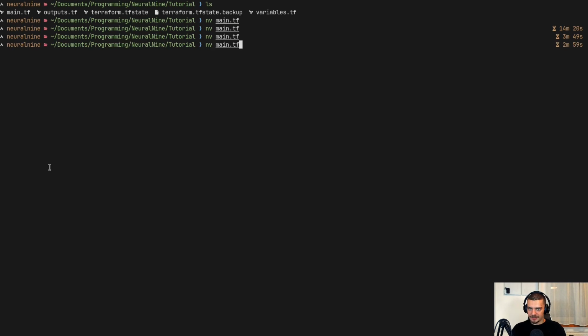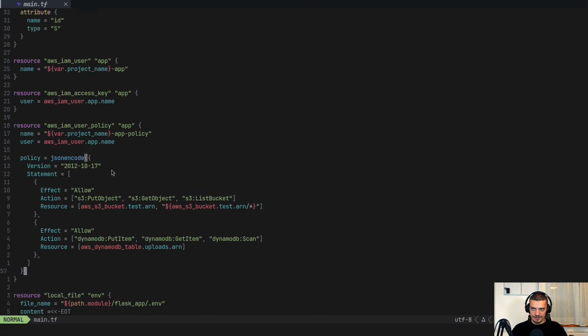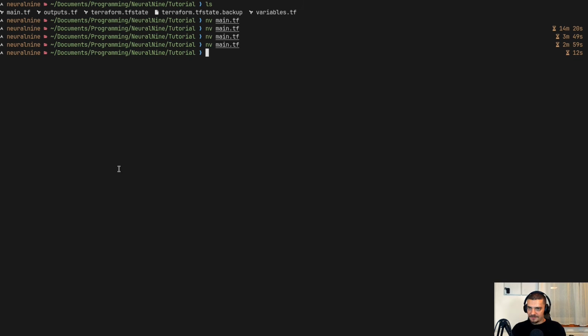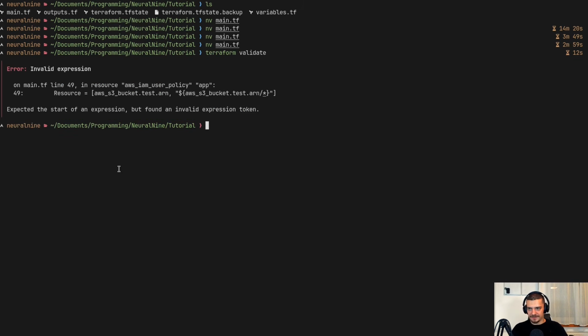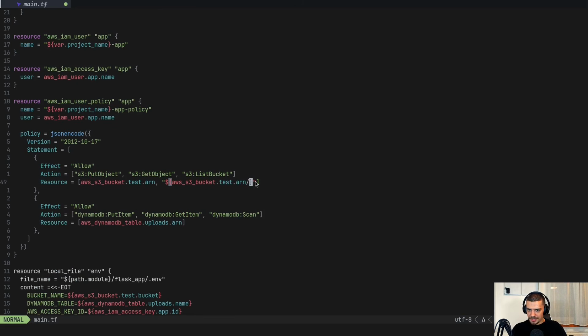So now if I reload this file here, it should have syntax highlighting, but it messes up here. Oh, actually it worked now. Perfect. So that is just automatically exporting the .env file when we do apply. Now we can validate this. We can say terraform validate to see if I made any typos. And in this case, I actually did. Yeah, because I have the asterisk in the curly bracket, so I need to actually change that. So down here, we have basically just this /*.